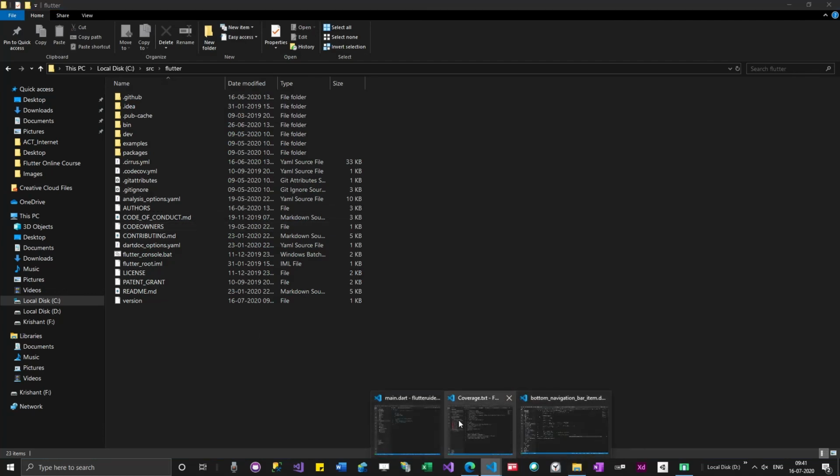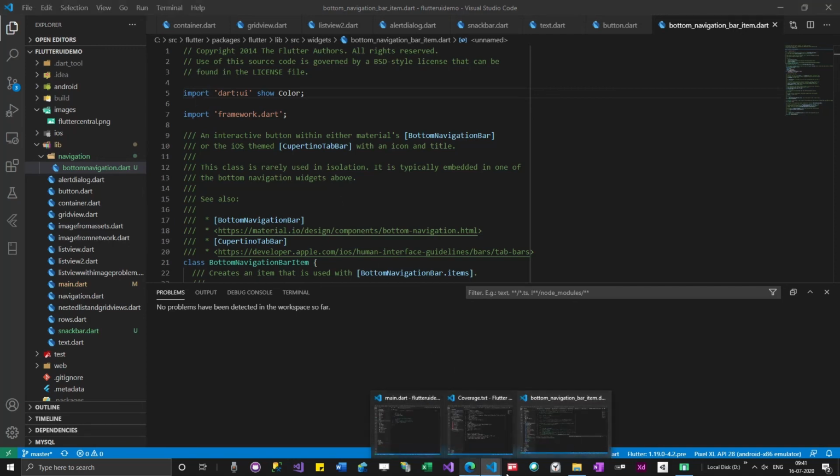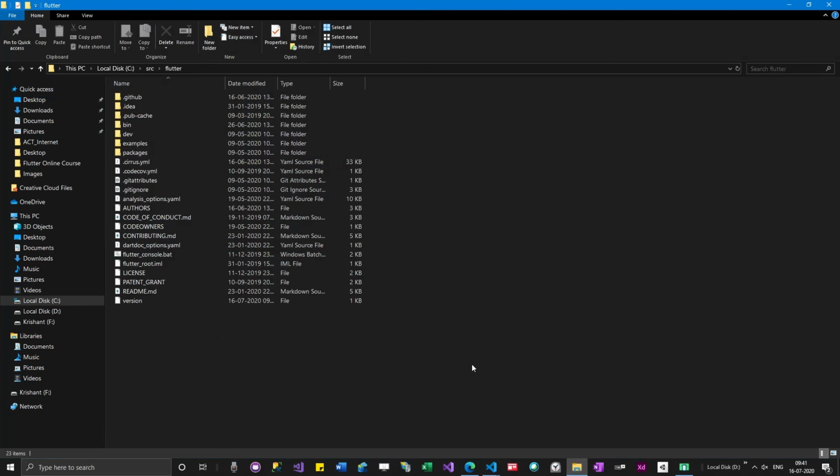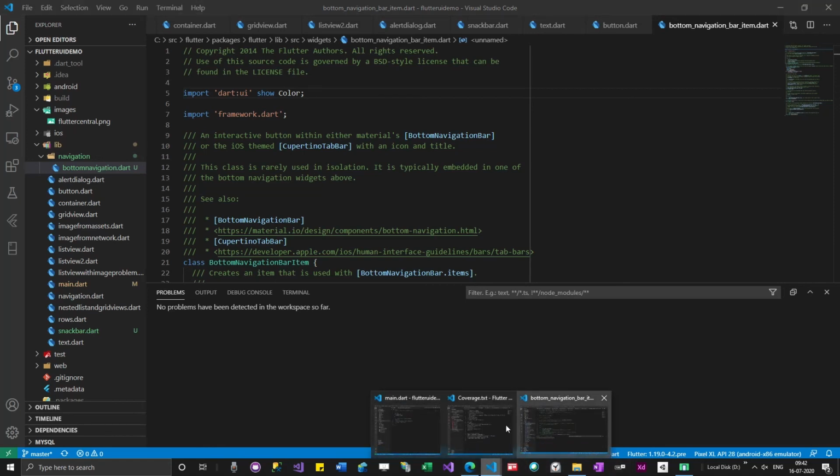Everything is gone here. This is part of file syncing. When you change a file somewhere, it changes here also. But necessarily it might not change in other editors, so be careful. That's how you remove any accidental changes. Or you can review what changes you have made, and instead of just discarding, take a backup of it and then do it if you want to contribute to Google, like the Flutter SDK. So that's how you do it.